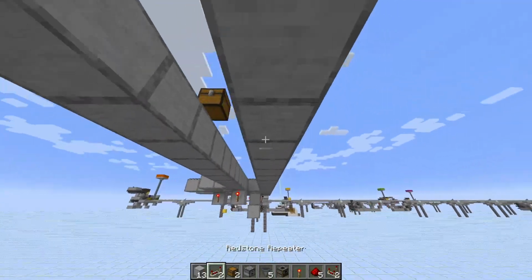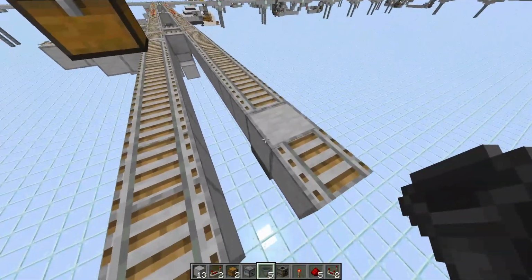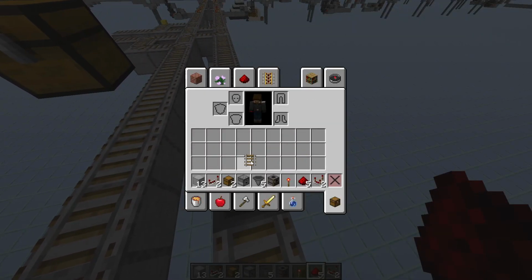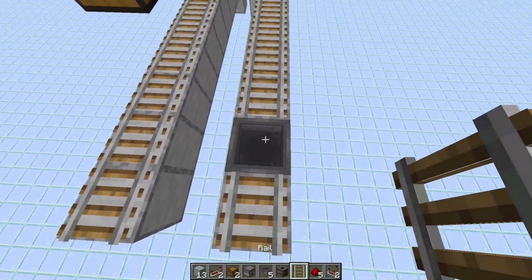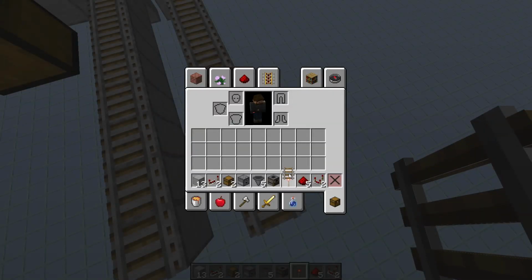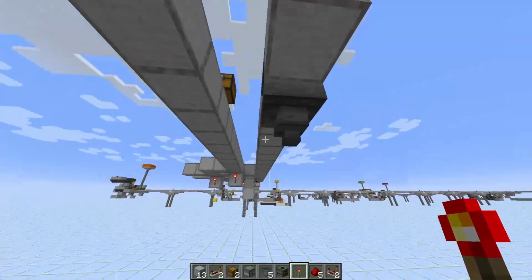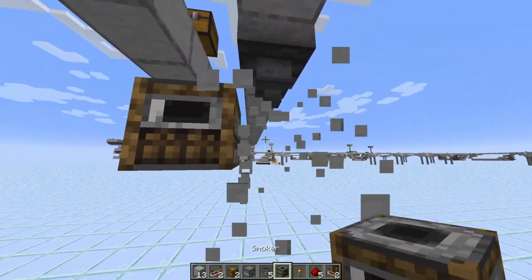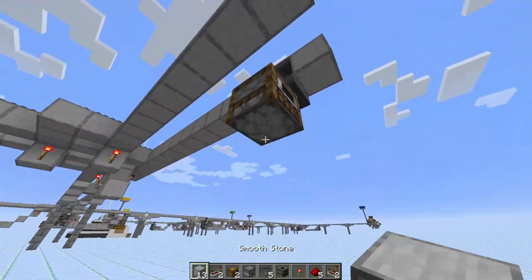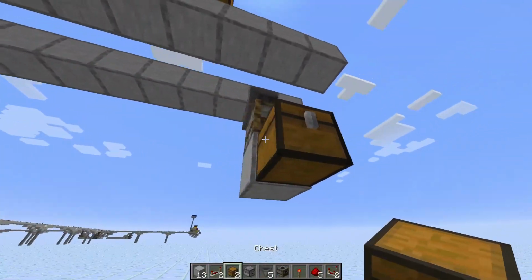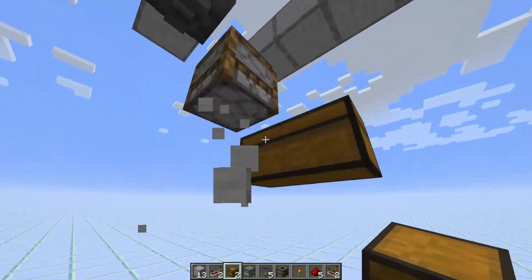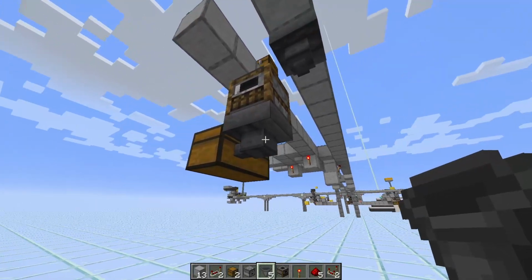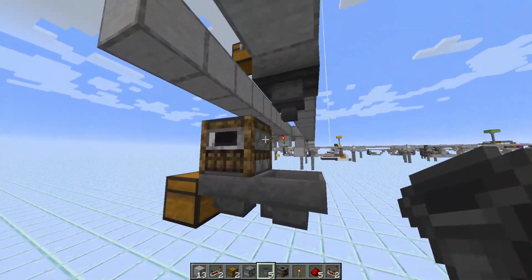And so what we actually need to do is place 1 hopper below, and then break that temporary block, place the hopper above, and let's get our rail back over there. And now what we're going to do is come down below, place a temporary block, place our smoker to the left, and then another temporary block, and place our double chest, and this is where all our output gets funneled to. And then we just got to hook up a sideways hopper there, another sideways,